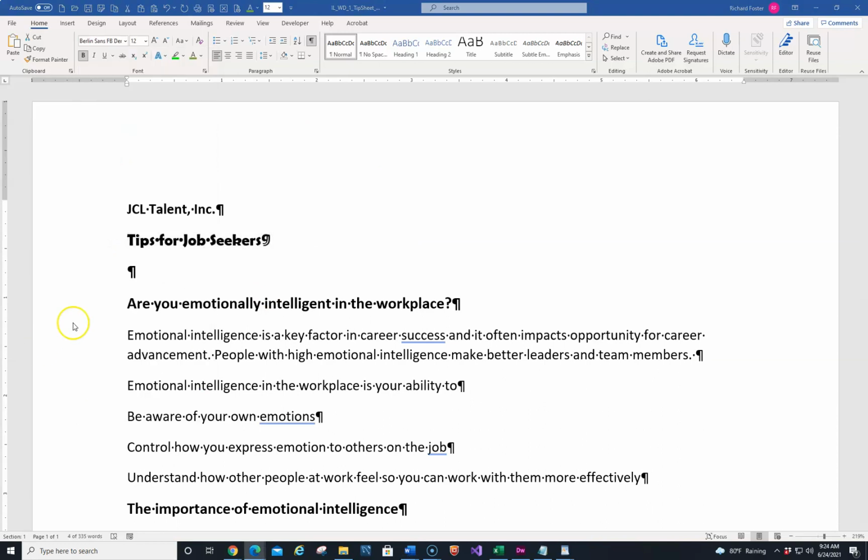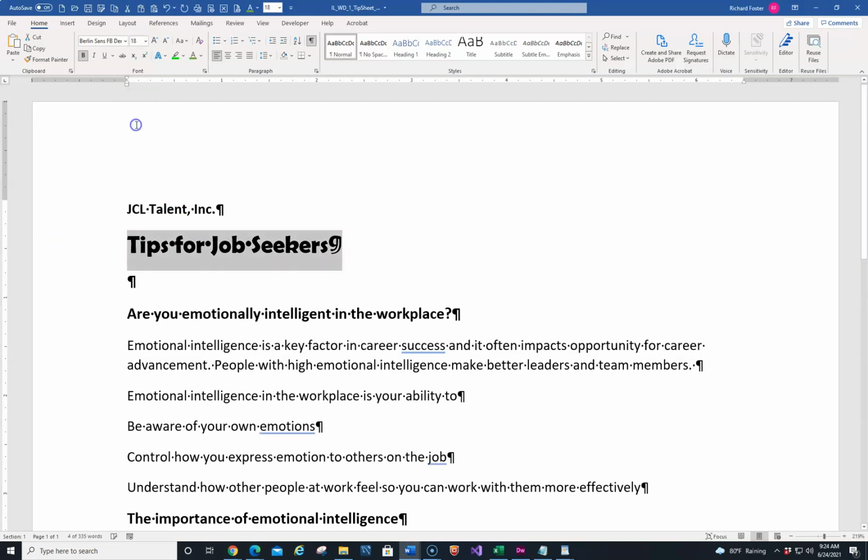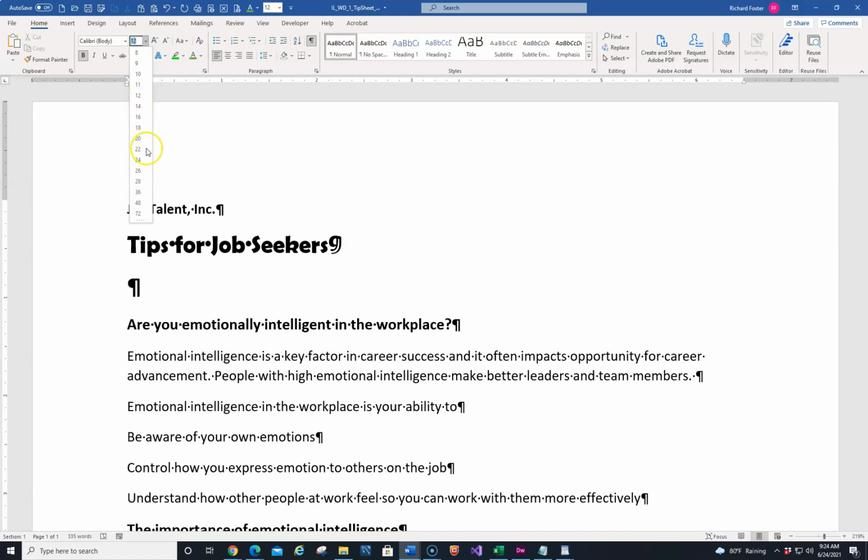So then the font size, we want to do 18. Now I'm going to click on 18 right now. And because it's selected, it's going to do that. But however, if I clicked on this 18, now,